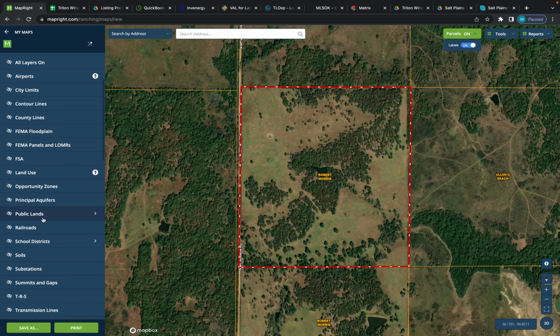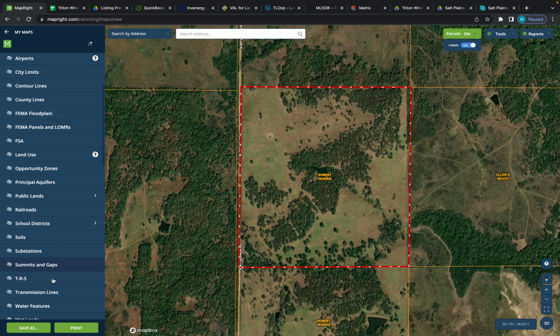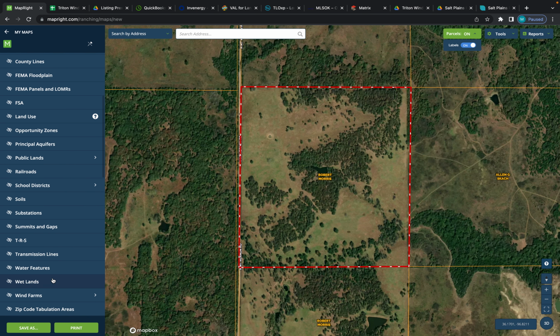You can find where the nearest school is, what school district it is. These are all features that you're going to need to know prior to listing this property. So this does a lot of due diligence for you without you ever having to leave the comfort of your own home. You can do it right here from the computer, get all the information, and